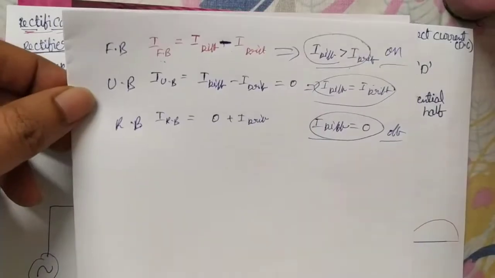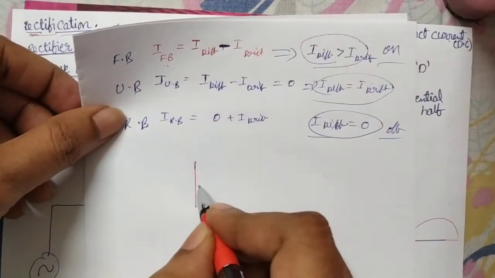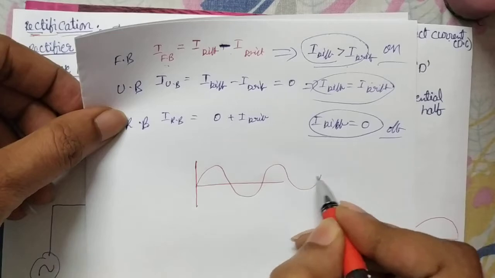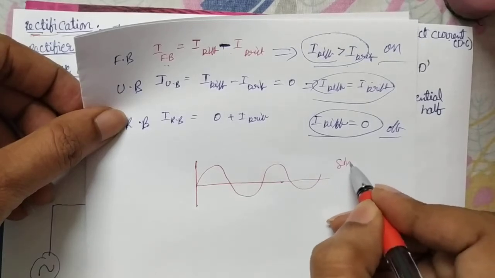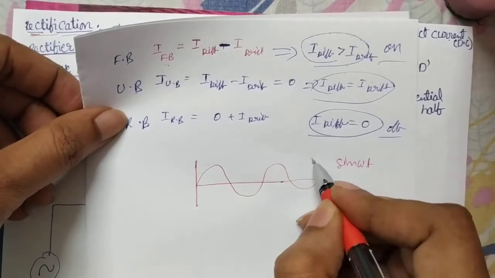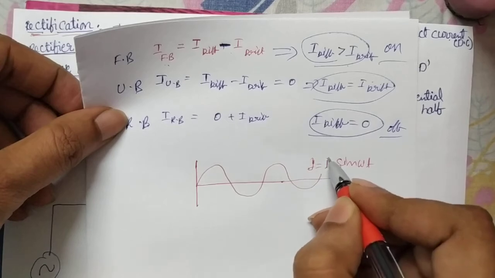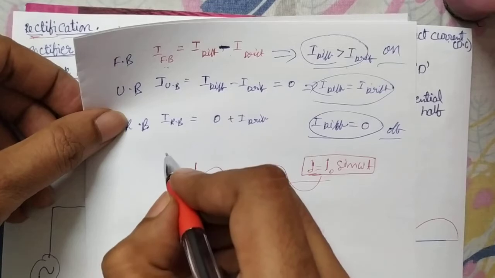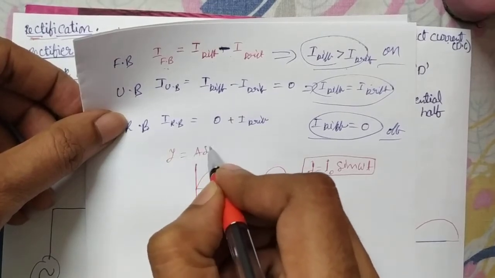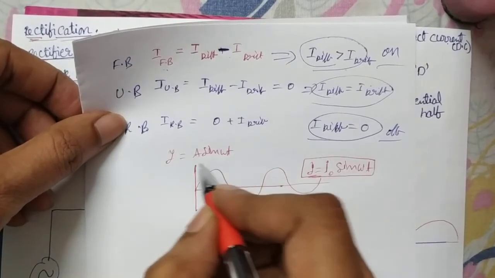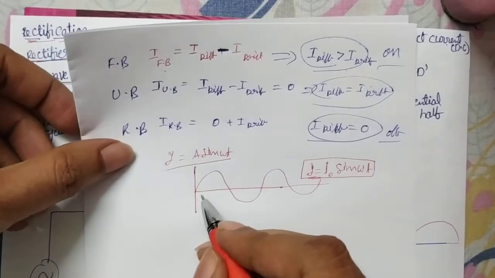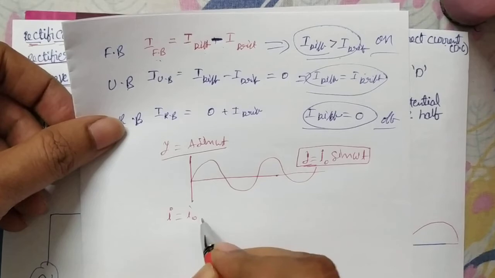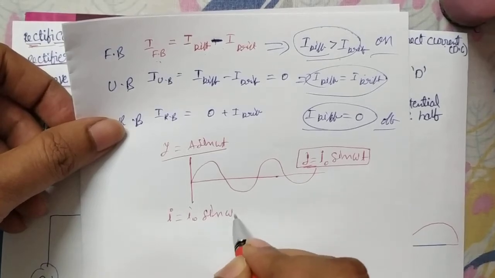Suppose you take AC power, that current will increase and decrease continuously. It is changing like a sine waveform, according to sine omega t. Y is equal to I naught into sine omega t, the same case we get in simple harmonic motion. What is simple harmonic motion? Y is equal to A sine omega t, and in a similar way we can write here also: at any instant, current I is equal to I naught, the maximum current, into sine omega t.